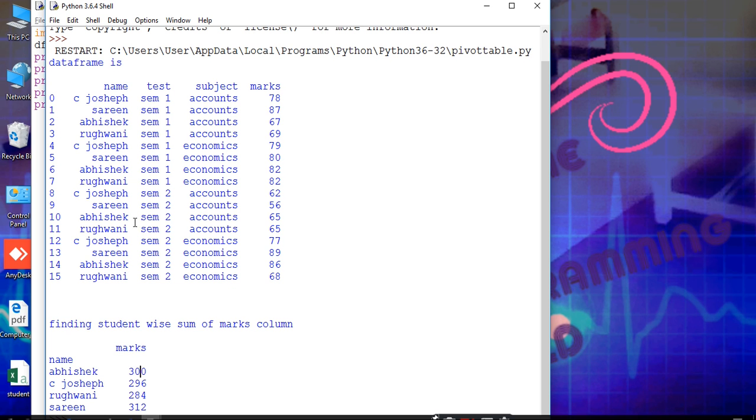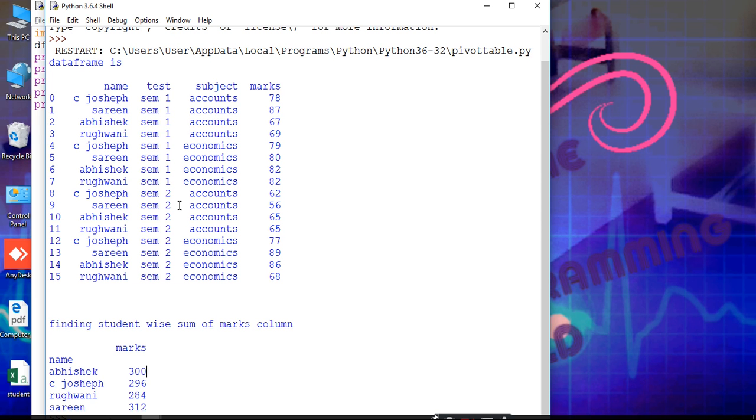So for Abhishek, the marks is 67 plus again Abhishek for economics 82, meaning 78 plus 82 and again plus 65, is equal to 300.